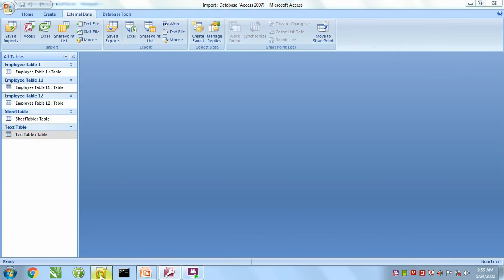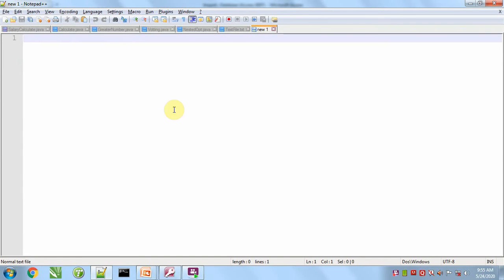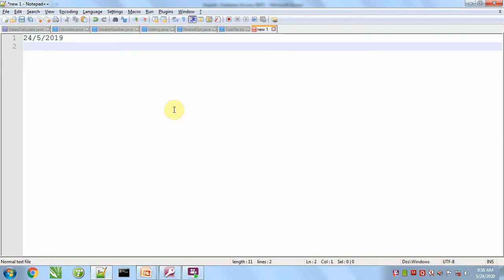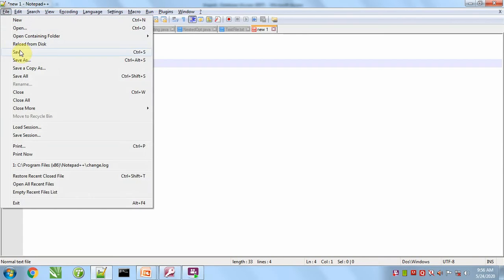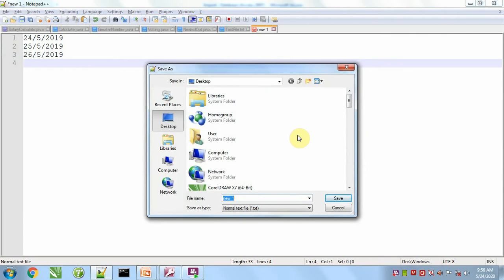Now one more method of text file. We will take a date: 24 May 2019. Save this file, date file.